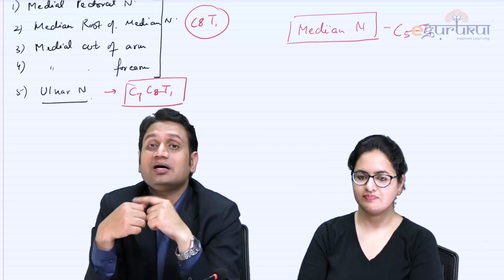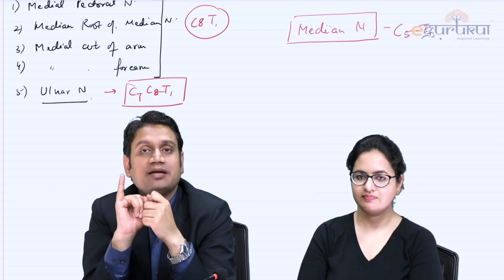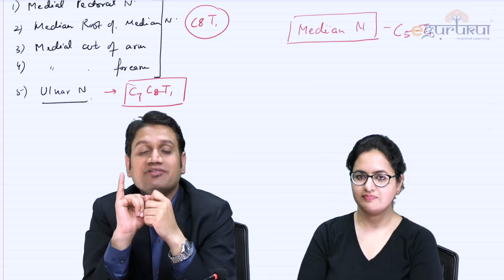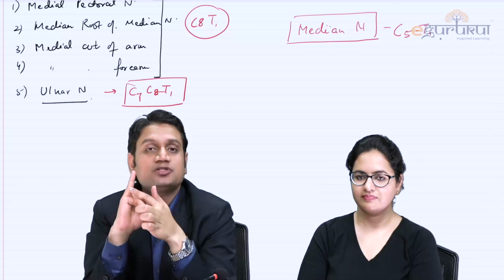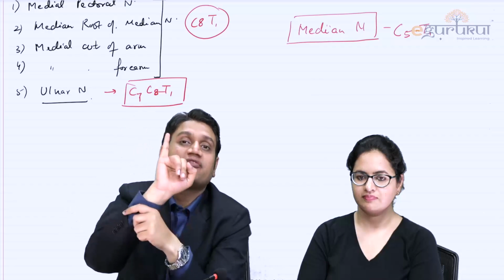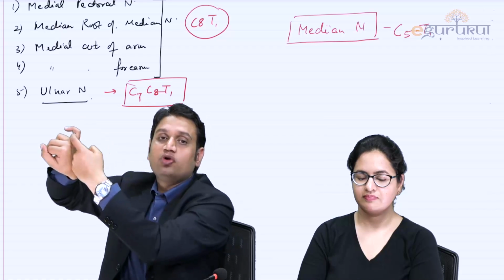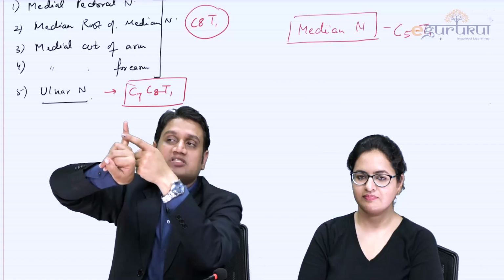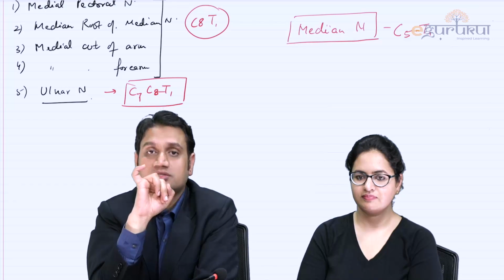On the contrary, if you talk of the ulnar nerve, that is on this side, FDS, I said, is all supplied by the median nerve, right? So even if the ulnar is injured, even if the FDP is injured, FDS will be spared if it is an isolated ulnar nerve injury. Now when you ask the patient to flex the finger, he will be able to flex at the proximal joint, but he won't be able to flex at the distal joint. This is what you call an ulnar paradox, right?